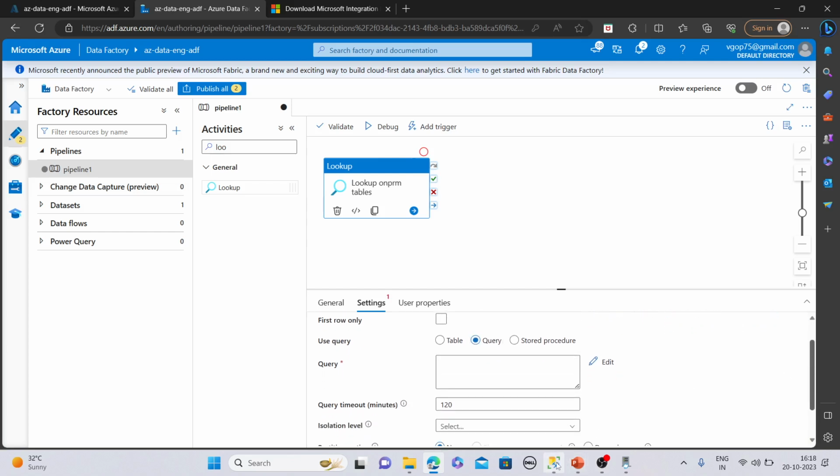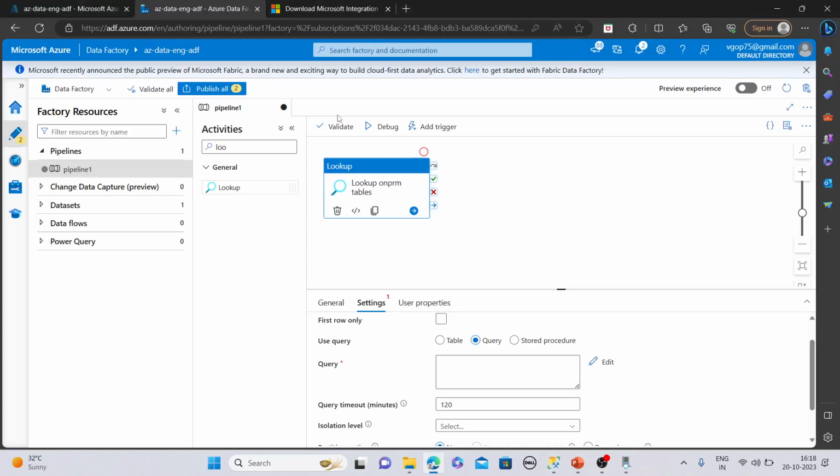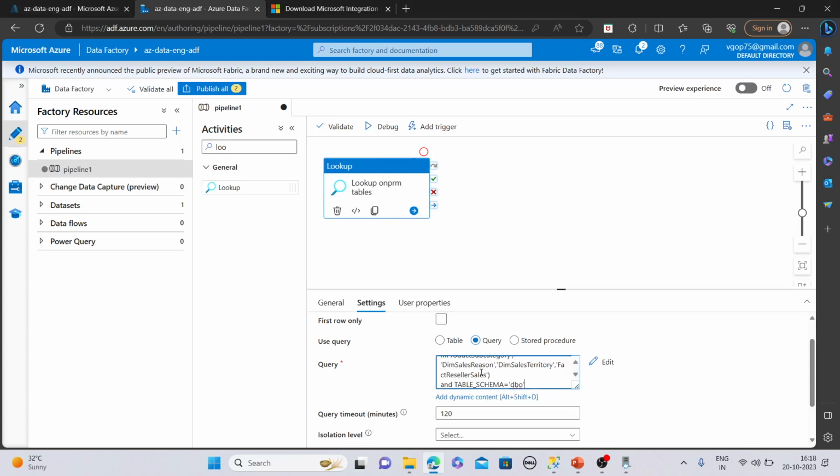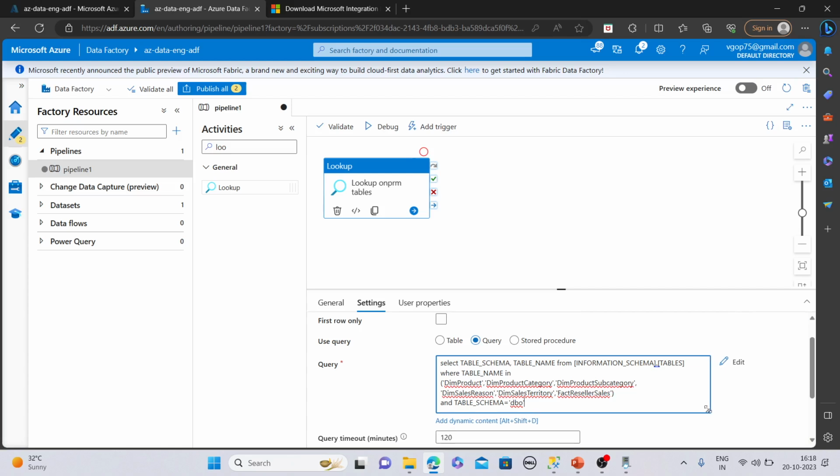Here I want to use my query which will return tables, one list, table schema name and table list. The query what I would like to paste here,